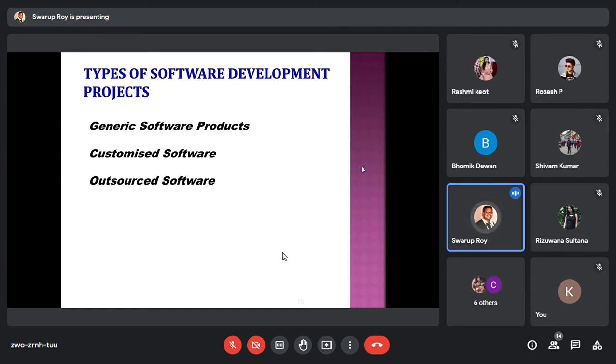In such cases, software is designed not looking at a particular kind of users or customers. It's very generic in nature, and comes with some kind of utility. I can give you a very simple example: Microsoft Word, Microsoft Excel, Adobe Acrobat.